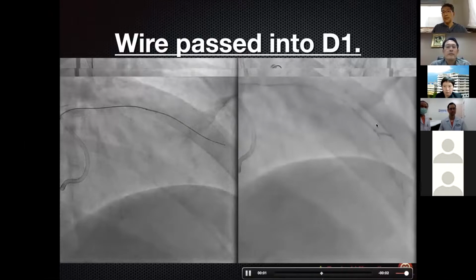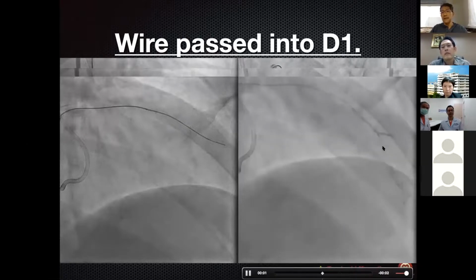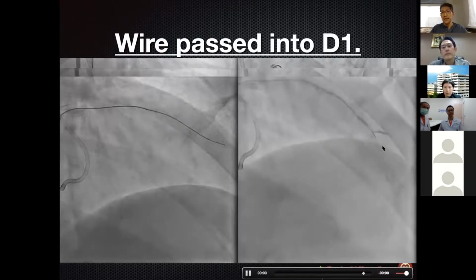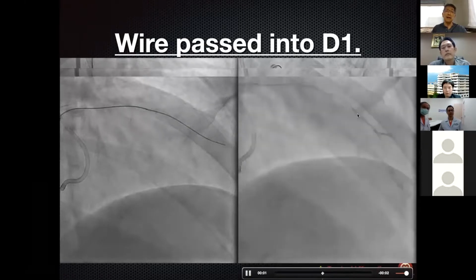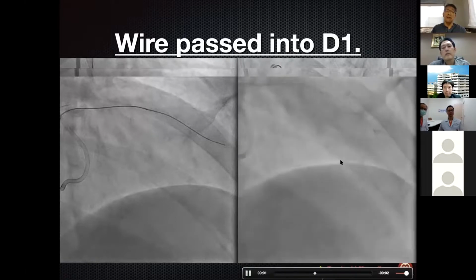I can put this microcatheter into the diagonal branch, but unfortunately I could not control the guide wire from the diagonal branch to the LAD main branch, because